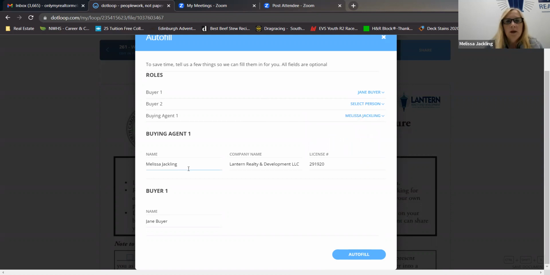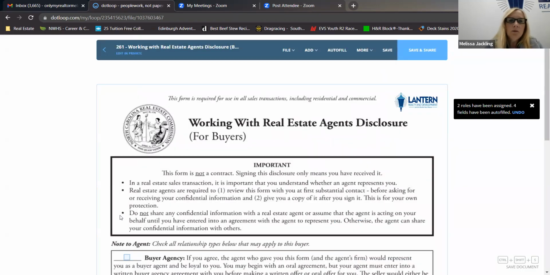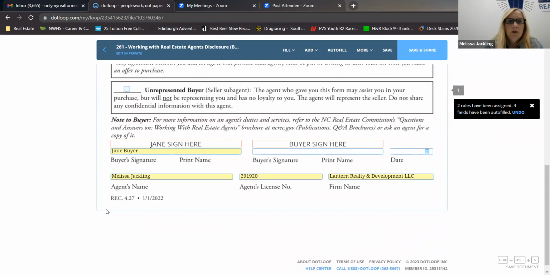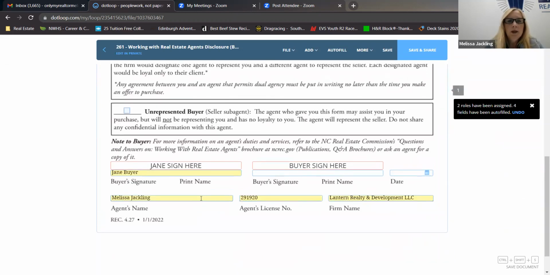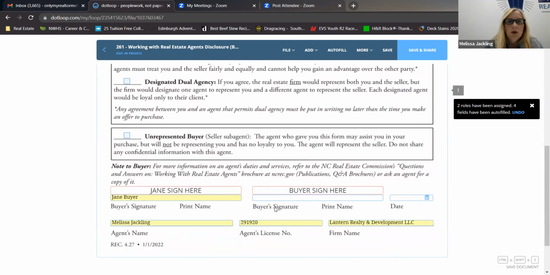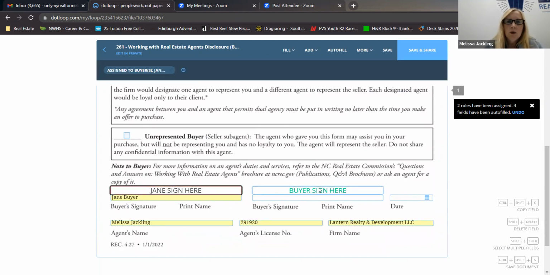Buyer's agent. So right here is what it's got. It's got my license number. If all this looks fantastic, then I hit autofill. And when I come into here, it's all set and ready for me. So one of the things that I do, go over here, see how it says Jane, there's no other buyer and it says buyer sign here. I will click on that